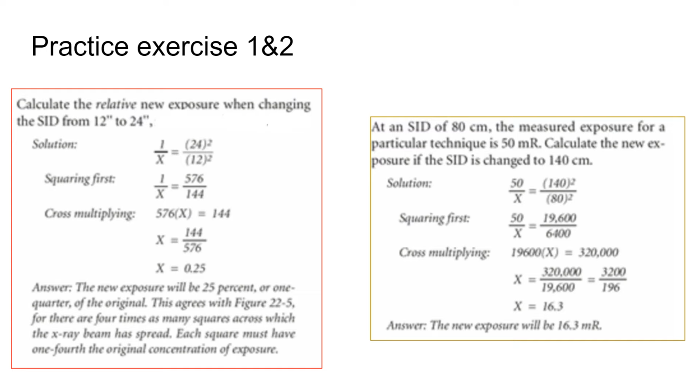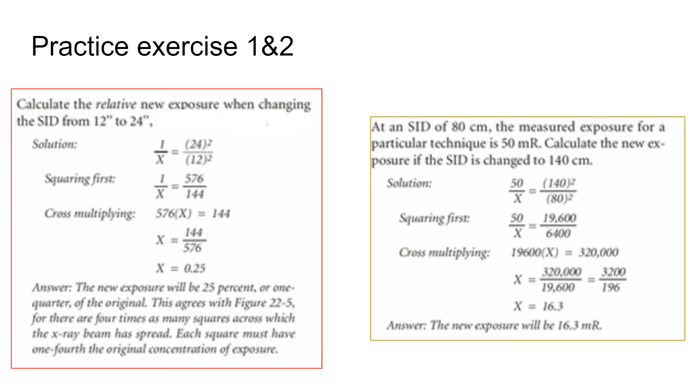Then I divide so that I can get x alone, right? And I get x equals whatever 320,000 divided by 19,600 is, and I happen to have the answer here, 16.3. 16.3